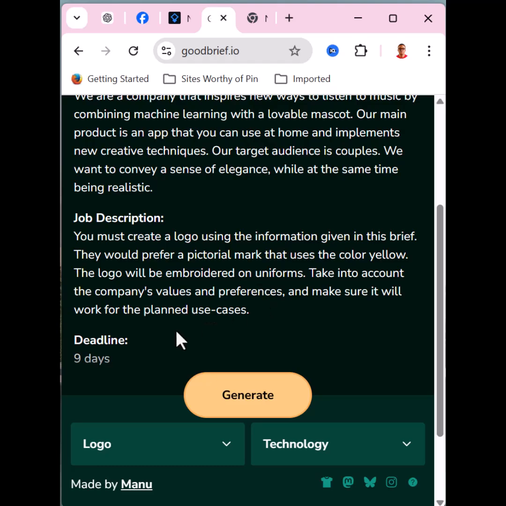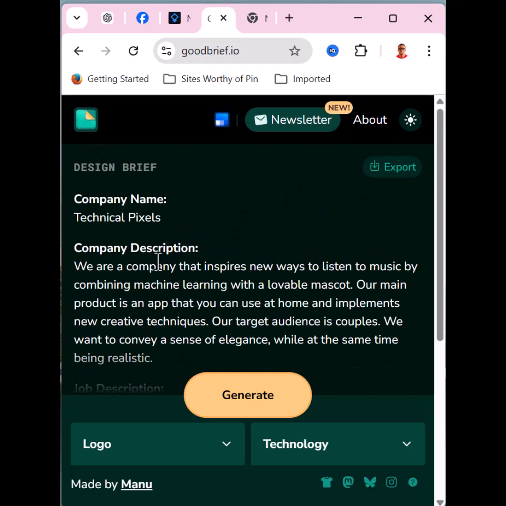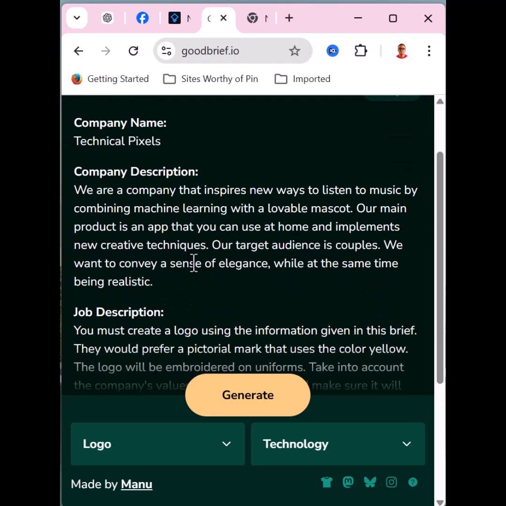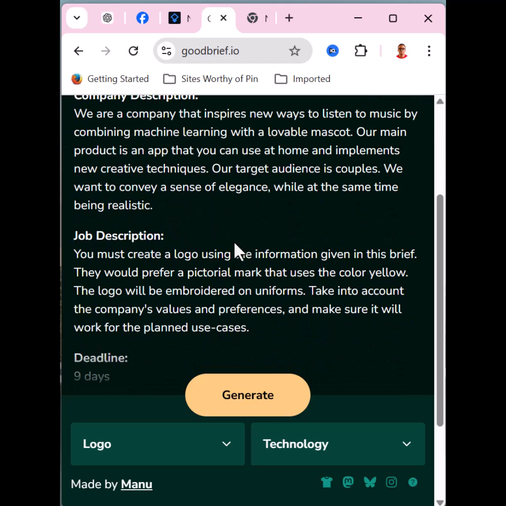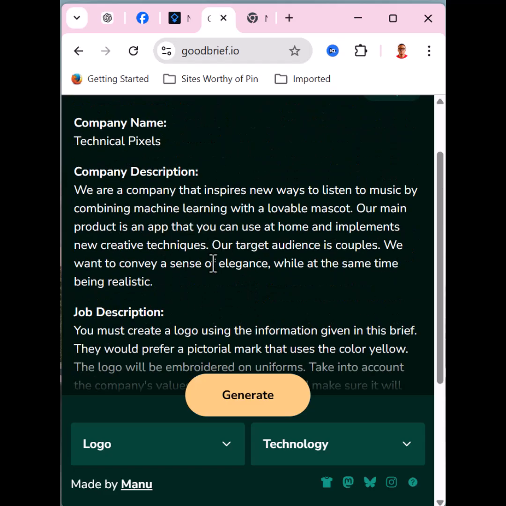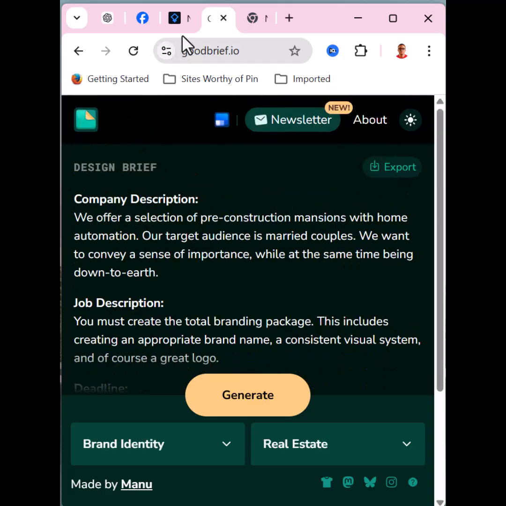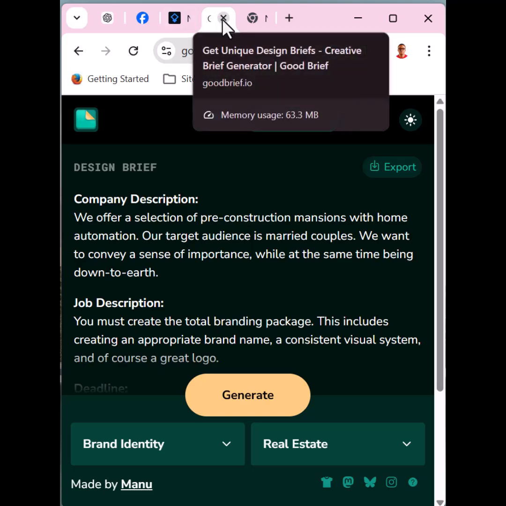Alright, so now you are given a deadline. Now you have been given the name Technical Pixel, that's the name of the company, and then what the company is about. So after you've gotten this brief, you can use this information to generate logo ideas. Okay, the other AI platform you can use apart from this is